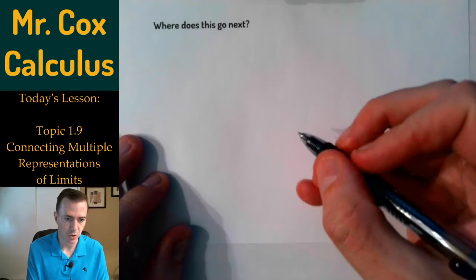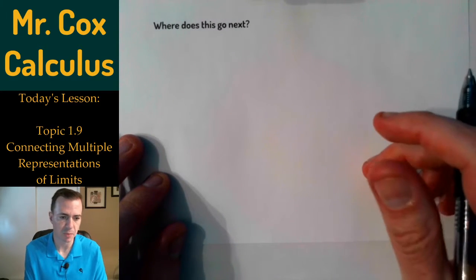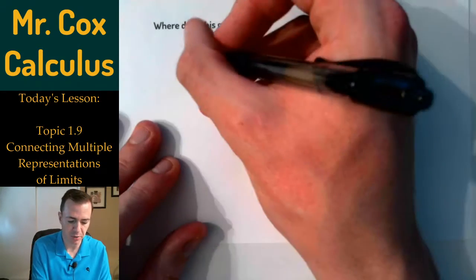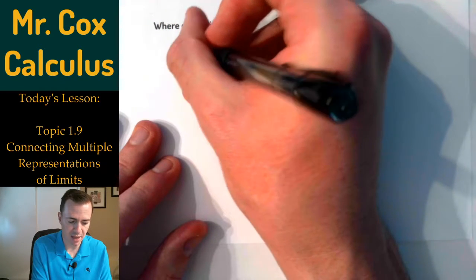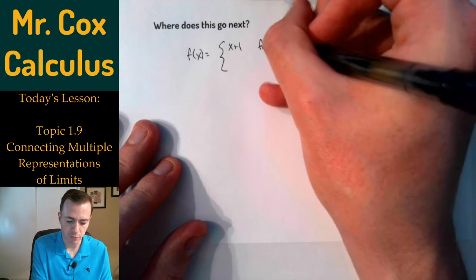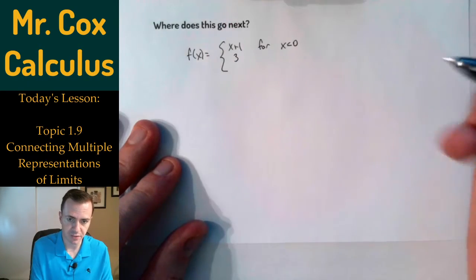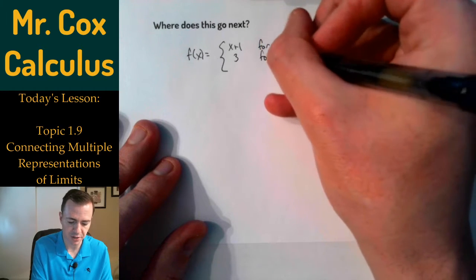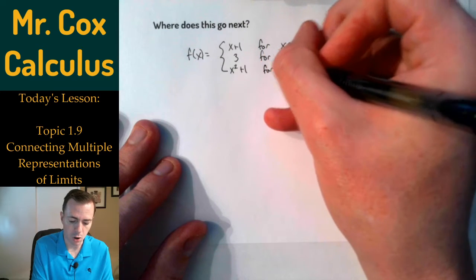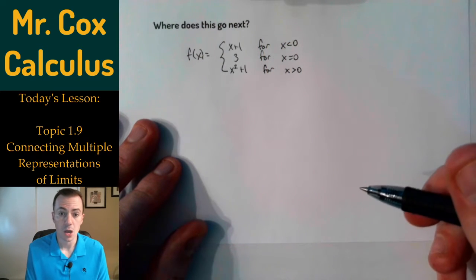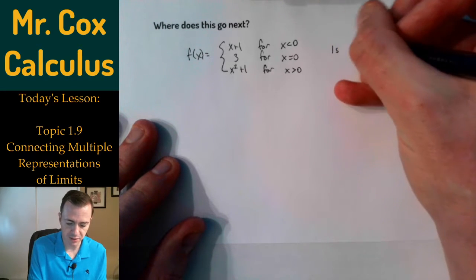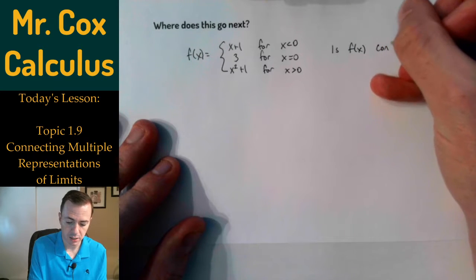Let's take another look at this function that we've been dealing with in topic 1.9 and really address what we're going to start talking about next in topic 1.10. So let's take a look at f of x equal to x plus 1 for all x less than 0. We defined it as equaling 3 for x equal to 0, and then x squared plus 1 for all x greater than 0. Well, the question that we're going to start asking in the next topic is, is the function f of x continuous